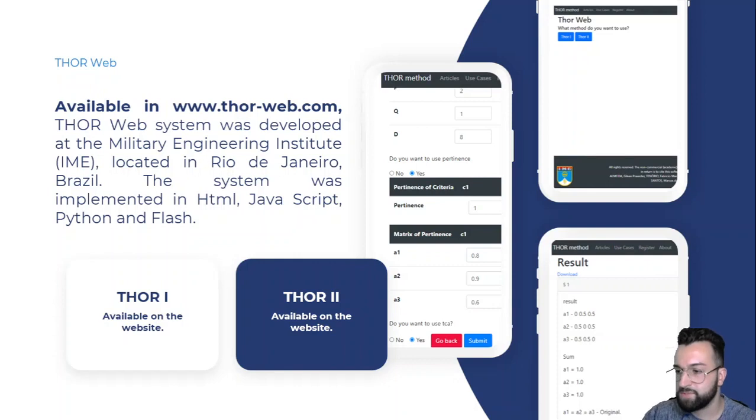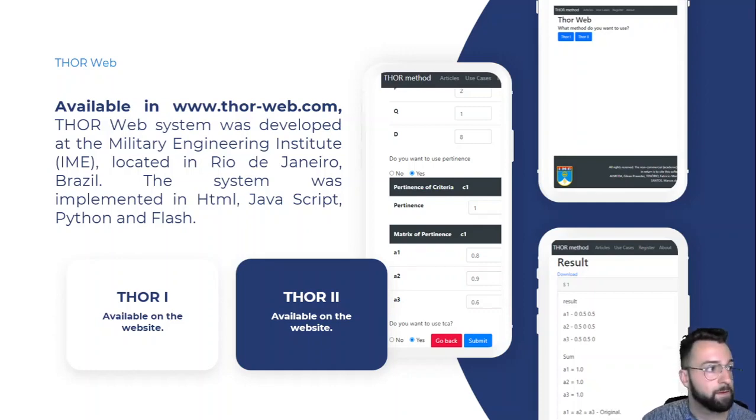You don't have to pay anything, and if you use this in a scientific article, just cite the authors of the method and the authors of the software. So you can put your problems here and compare THOR 1 and THOR 2. Here you can use it with any problem that you want, okay?